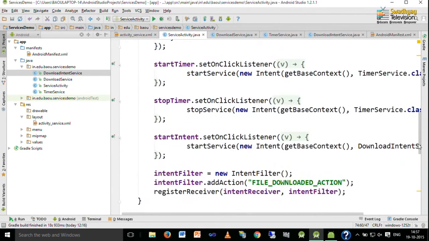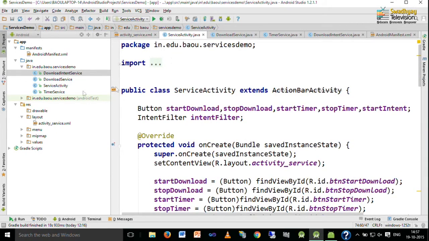So, this is how all our services are run.